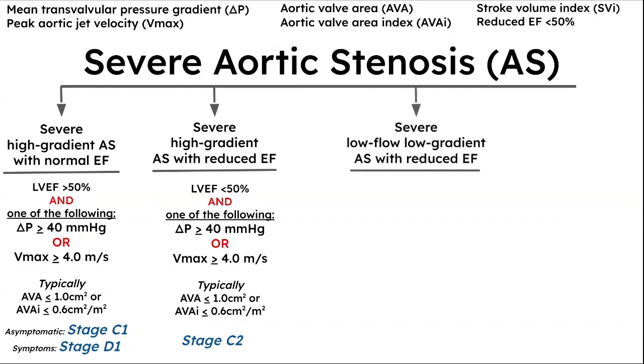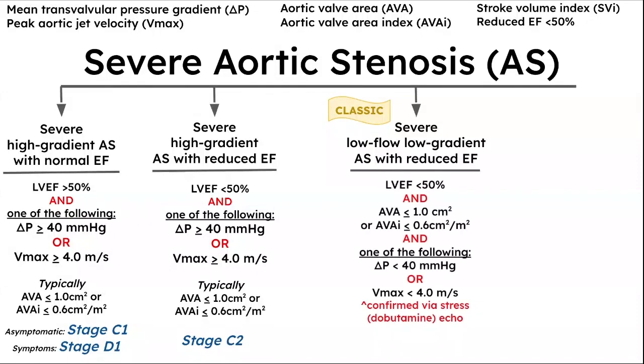Next, we have severe low-flow, low-gradient aortic stenosis with reduced ejection fraction. This subtype is also referred to as classic low-flow, low-gradient aortic stenosis. For this subtype, the valve area, either AVA or AVAI, must be less than or equal to 1 centimeter squared or 0.6 centimeters squared per meter squared, respectively. Additionally, it must include either a delta P less than 40 millimeters of mercury or a Vmax less than 4